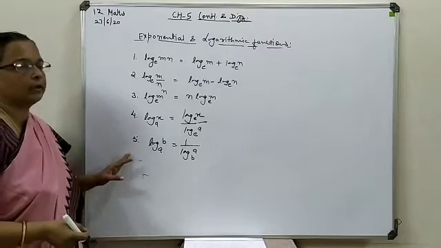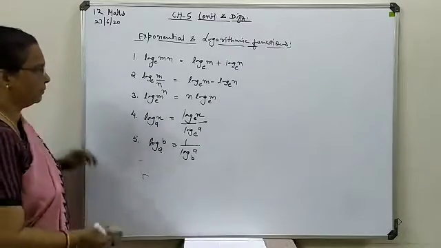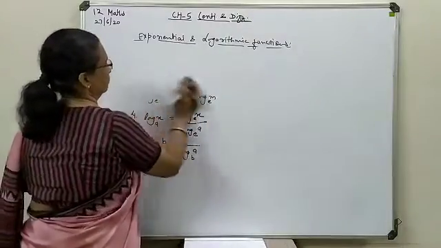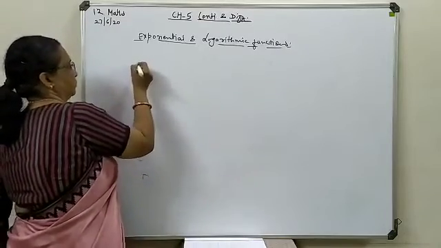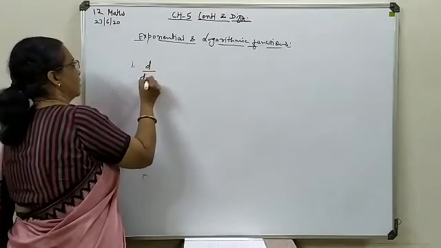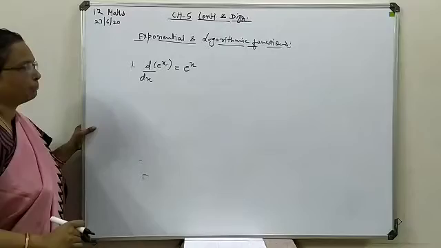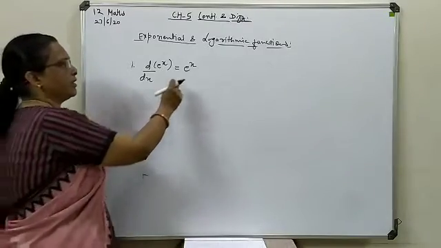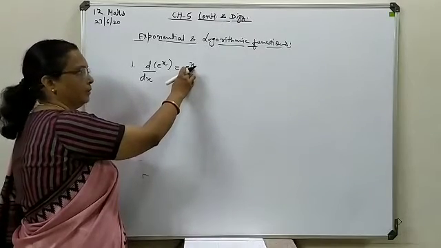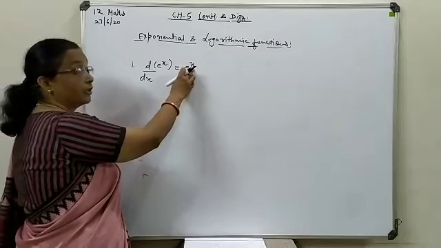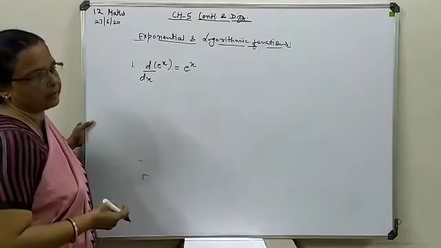Now we write what are the derivations of exponent form and log form, that already I have given, but revising. Differentiation of exponent we have already discussed, that is to be written as e power x. Here also, along with this power, chain rule you can implement. Suppose in place of x any other term is written or any other function is written, so as a multiple form that function is also to be written as a derivative form.